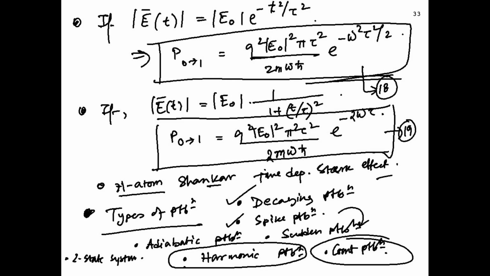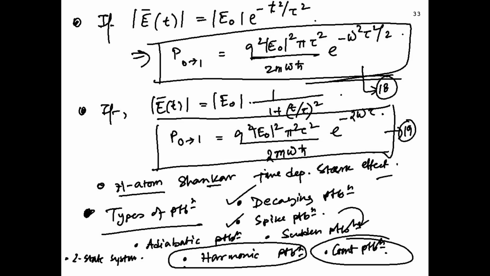But you can do the other thing, which is sudden perturbation. You make a large change in the system, or disturb the system, in a very short time interval. It is like switching on some field and turning it off immediately, or just switching it on and keeping it like that. Then the system doesn't get any time to respond to it. So that's a sudden perturbation, and we'll see interesting examples for that. The adiabatic and sudden perturbations are these two extreme possible cases.